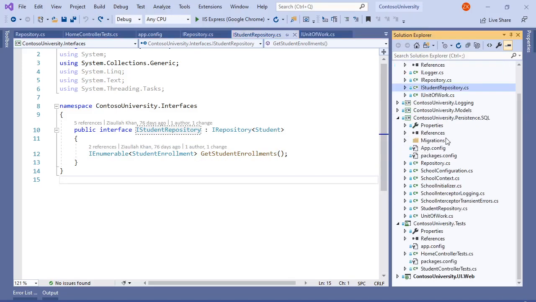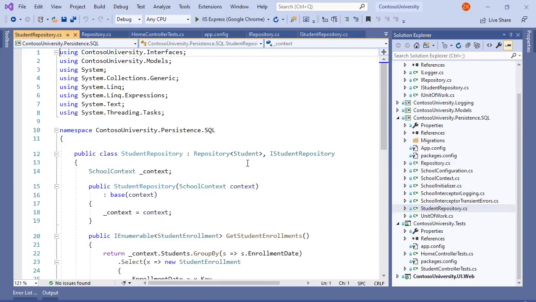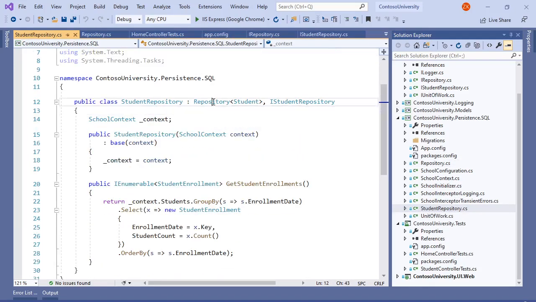Notice that I have specifically called it Contoso University.Persistent.SQL. So this project is specifically for SQL, and that's why I had the repository generic implementation with DbContext, which is dealing with SQL, and a StudentRepository, which is inheriting from Repository of Student. Through this we are going to get all those type of functions: